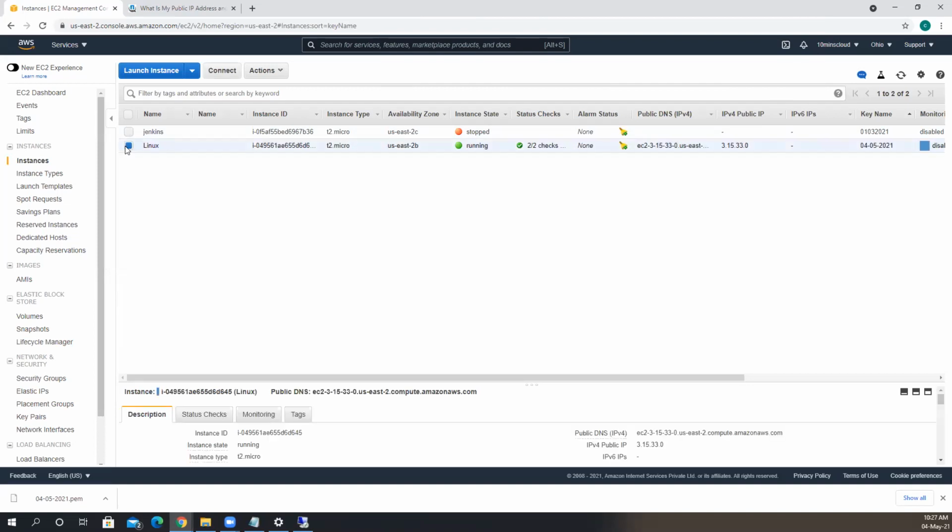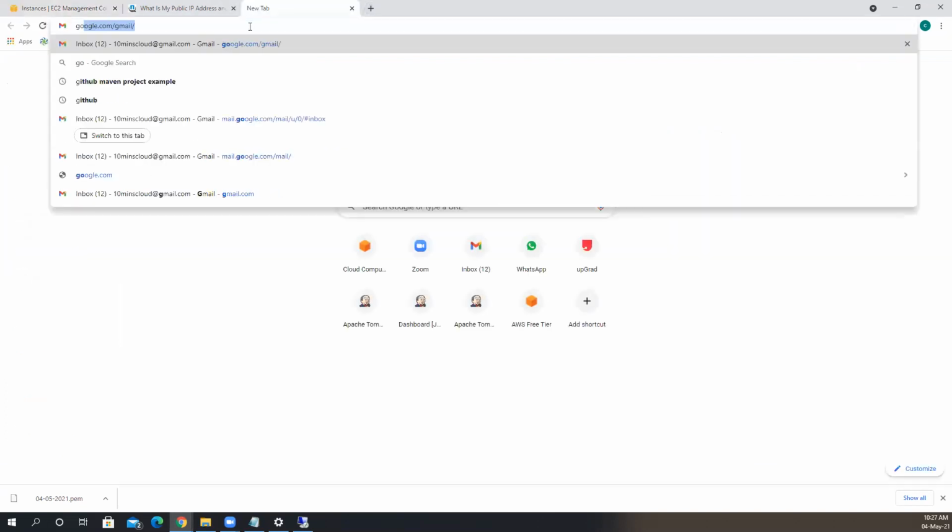Okay, so let me show you how to connect to the server. In order to connect to the server, you must have something called PuTTY installed. PuTTY is a utility which is used to connect to a Linux server. What you have to do is go to Google and type something called